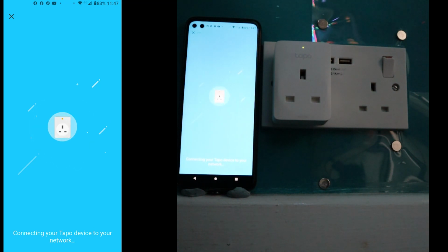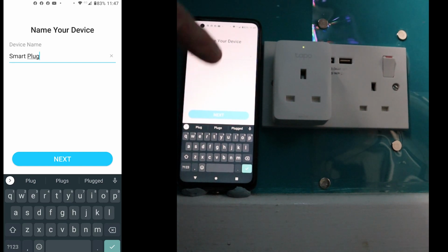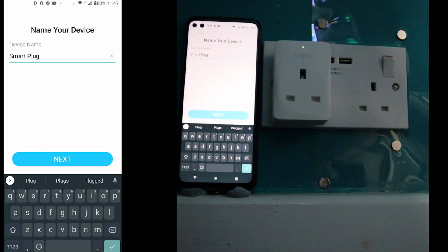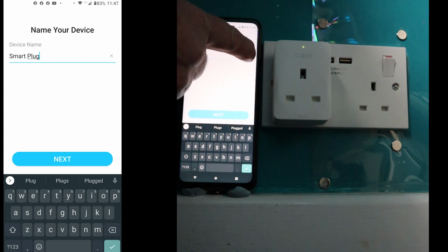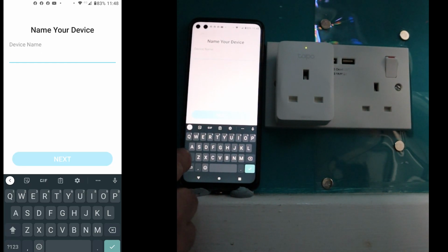I won't fast forward this, I'll just leave it in real time to show you how long it takes. Okay, so name your device. Now, I suggest you don't call it smart plug, because when you ask Alexa to turn it on, if you do link to that, you'll want a specific name. So I'm going to call this